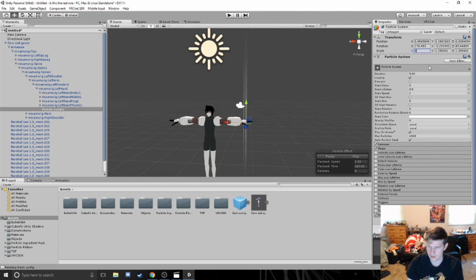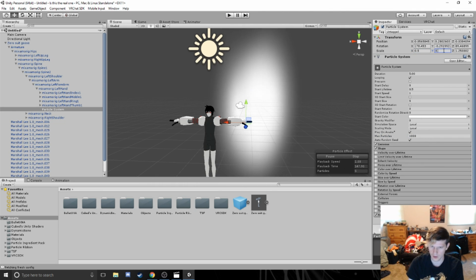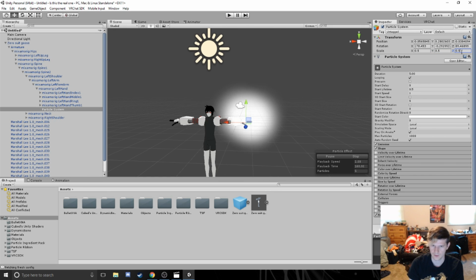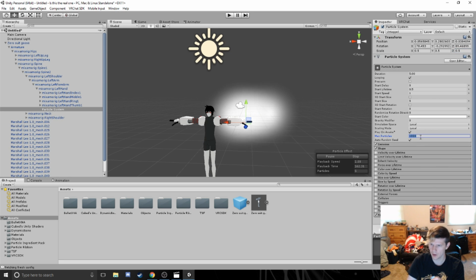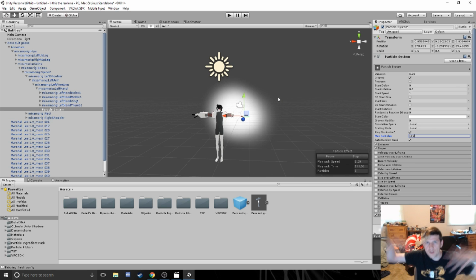So we can just adjust the scale. I think it was all back at 0.5, so we bring it right back to 0.5. Anyways, now that we've added it, we go over here to VRChat, and it's increased our polygon count by about 500 polygons. So let's decrease the particles. You're really only going to need about 100 or maybe even less for this stuff. Unless you want a ton of particles floating around going all over the place,